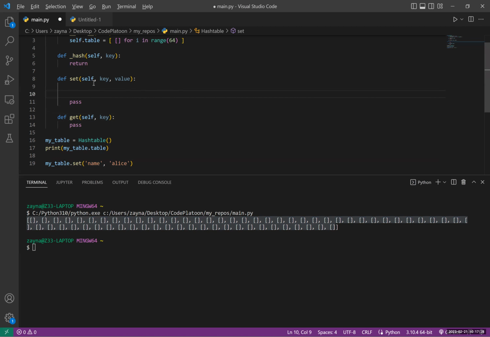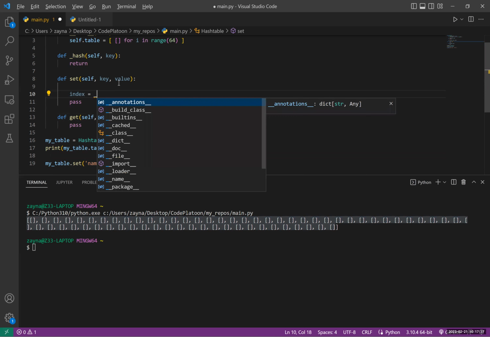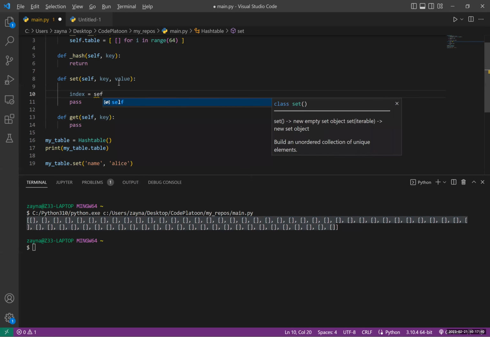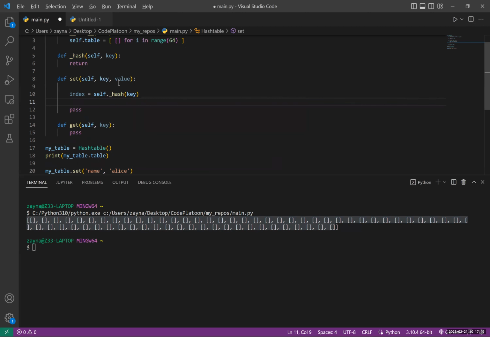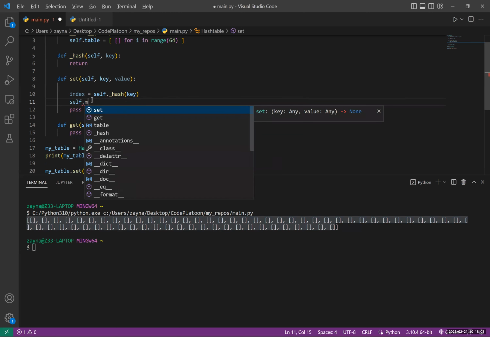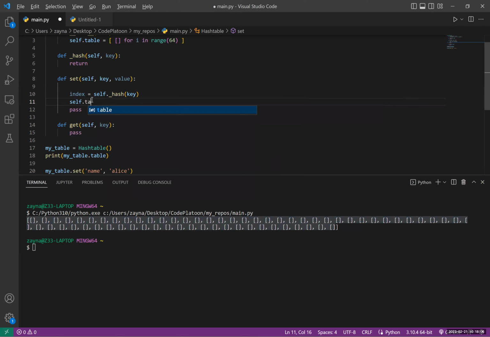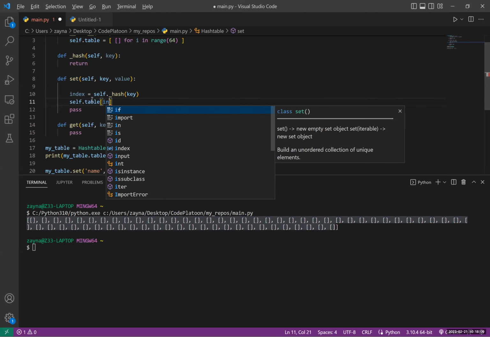So when I'm in my set function, first I will need to grab my index. An index is going to be created by the hash function. So self.hash, and hash will take in a key. So I'm going to send it the key. And then when we want to actually insert the data, we can just say, what is it called? Self dot, what was it, table at index